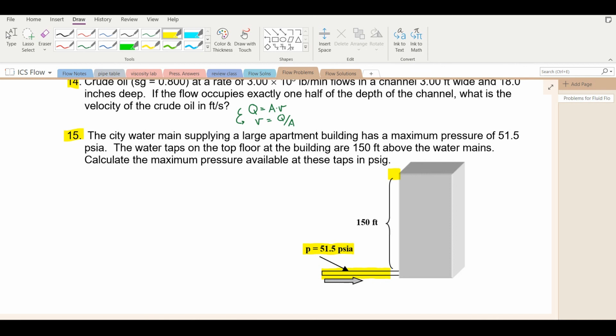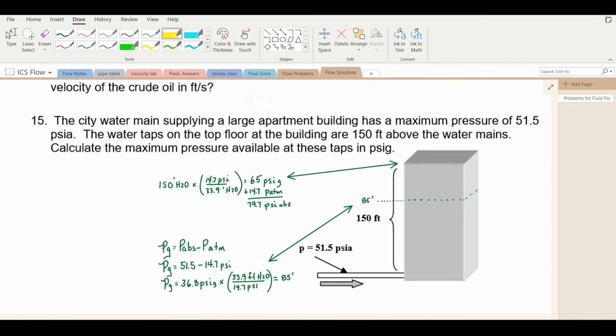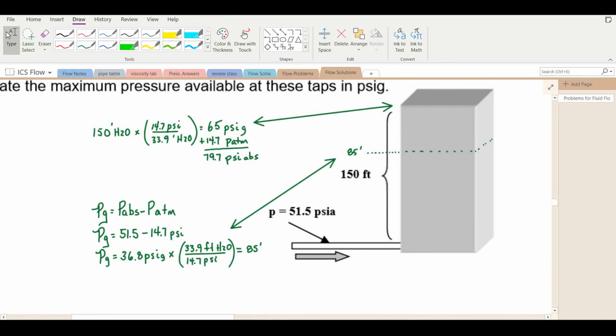One of the things you have to keep in mind is that when you open the tap, it's pushing against atmospheric pressure. You don't really have 51.5 psi to lift the water because you've got to push against atmospheric. What you want to know is how much gauge pressure you have to lift the water so that when you open the tap, you get water out. So I've drawn it up here. I want to know how much gauge pressure this is actually delivering. So gauge is absolute minus atmospheric. Absolute was 51.5. Subtract 14.7 psi. So they actually only have 36.8 psi gauge to lift water and push water out of a tap when you